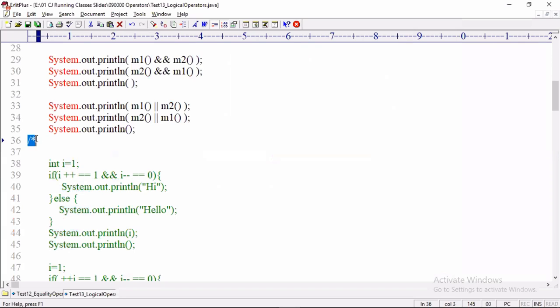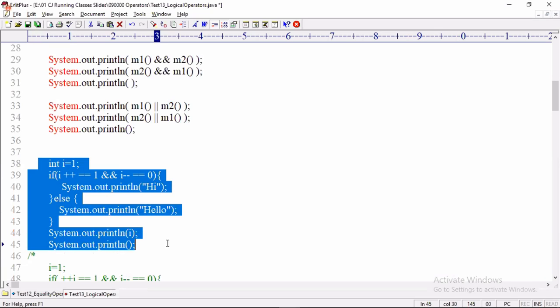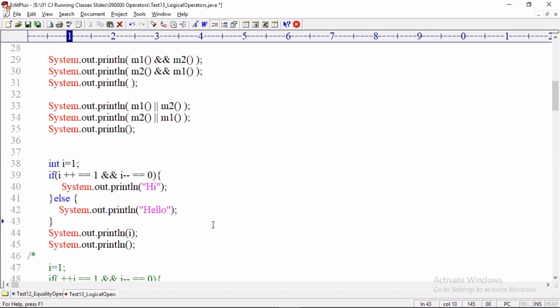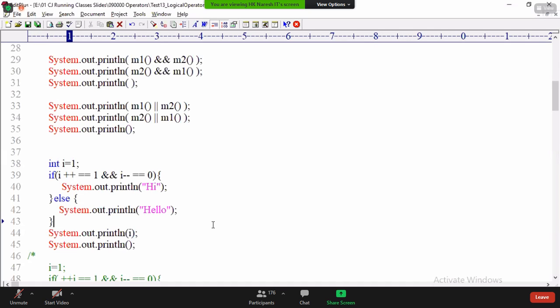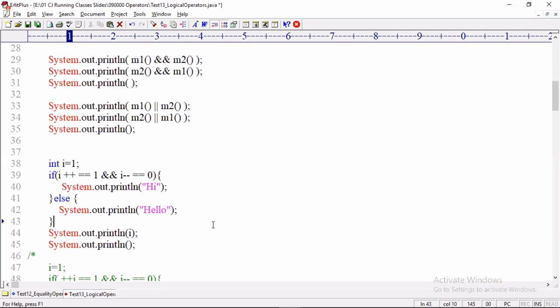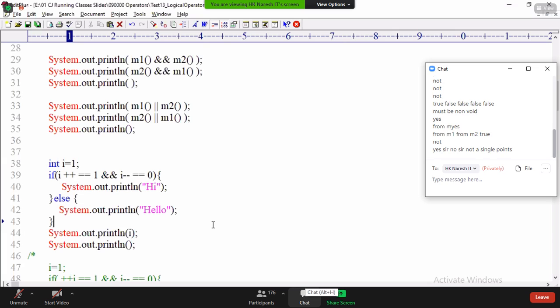Regarding the if condition, I told you that logical, equality and relational operators are used with the if condition. Now please try to work it out yourself and tell me what the output is. Output is what?